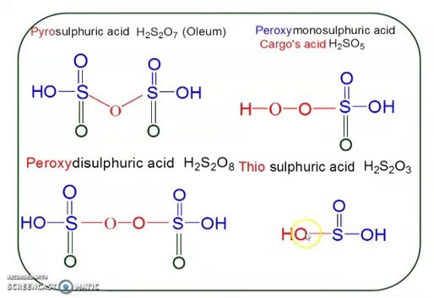Now 3 oxygen atoms are in the structure, in molecular formula also 3. So oxygen atoms are already shown in the structure, hydrogen atoms are already shown, only 1 sulfur is remaining. So that sulfur is attached to the central sulfur atom through double bond. There is a sulfur double bond sulfur, this type of bonding is there. So when sulfur is attached to sulfur, that is the thio group. So this is the structure of thiosulfuric acid. So in this way, these are the oxo acids of sulfur.